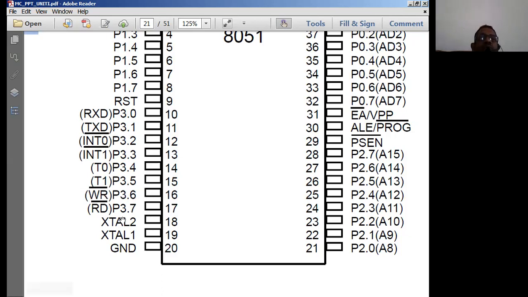And here, if you want to write some data or read some data into the memory, writing and reading data in and out of the memory can be done by using the WR bar and RD bar pins. Now what is most important is that you cannot interchange the P3.3 pin with the RD bar signal or P3.6 with the INT1 signal. Every pin has its own intended operation because these are totally hard coded pins.